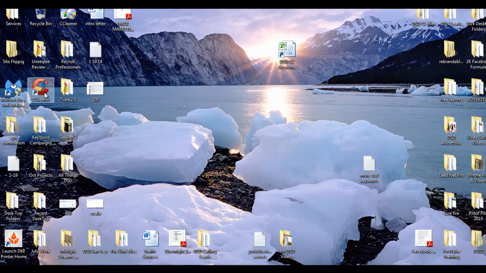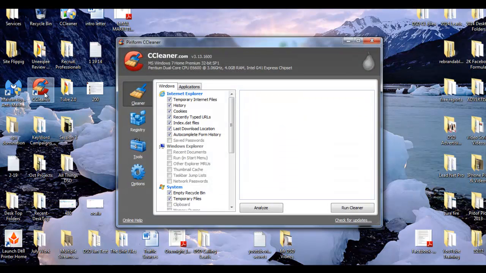This is what I used in the beginning. So you click on CC Cleaner. Every single time after you post on Craigslist... somebody wants to call me during the webinar, they must not have gotten the email unless it could be a prospect. Anyway, all right, so when you open up the CC Cleaner, you want to remove temporary files, history, cookies, recently